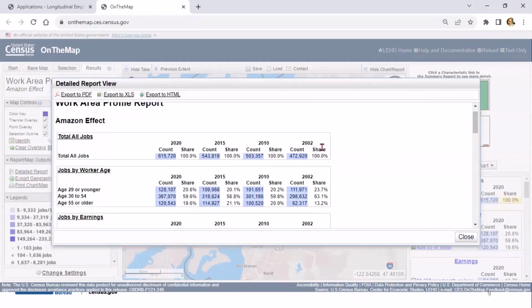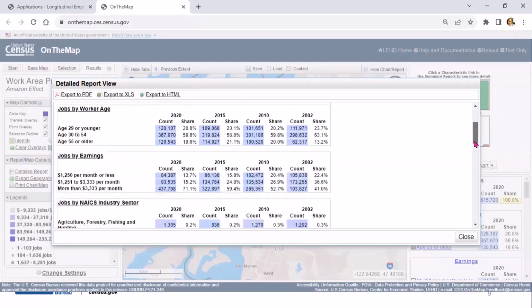So you can see in 2002, there were 472,920, while now in 2020, there's 615,720. And 2010, before Amazon built in that area into the South Lake Union area, there was 503,357. And then in 2015, there was about 40,000 more jobs there.